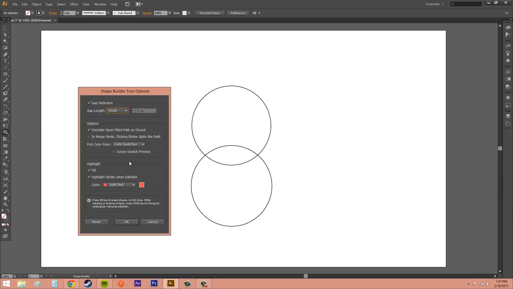Not everything is really that important, but the first thing we've got is Consider Open Filled Path as Closed. If you select that, you create an invisible edge for an open path to make a region. The second one is in Merge Mode, Clicking Stroke Splits the Path. If you select this, you split the parent path into two. The first edge you click specifies the split location. And I was showing you that when I was